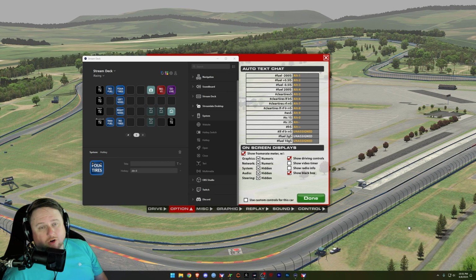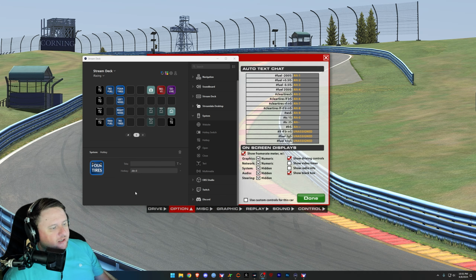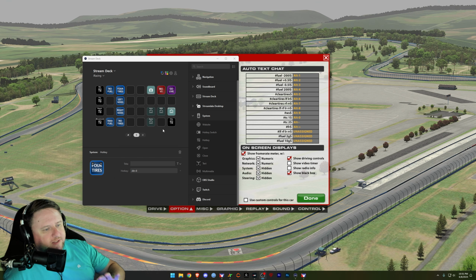One question I get all the time is how do I utilize the Stream Deck as a button box in iRacing? For me, I use it really as a tool to help set pit parameters and get set up for a pit stop in the middle of a race. I do that by utilizing the macro system that's built into iRacing, which you can see here on the